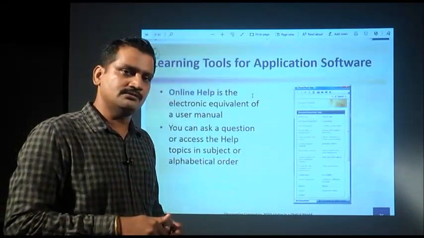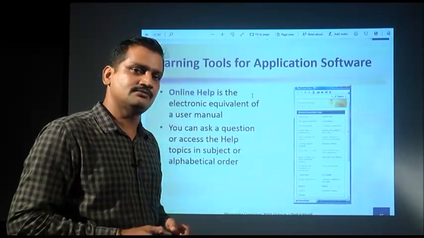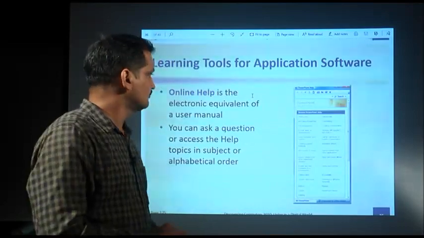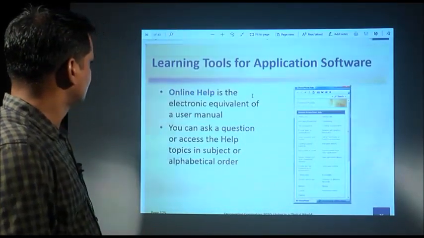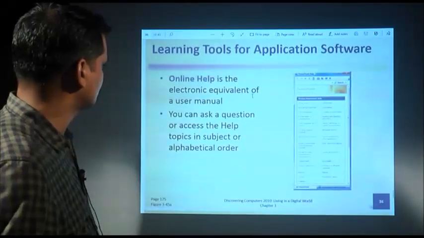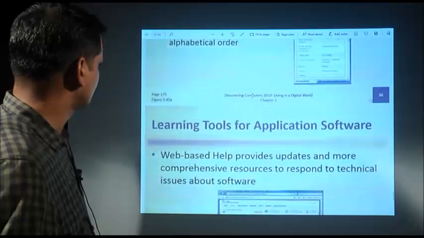Open the browser, go to any search engine and write what kind of help you want, then it will be available. Like Google search, you can use the search engine, we can get the online help. Okay. You can ask any question and related to the question we will find some answers available on the web.